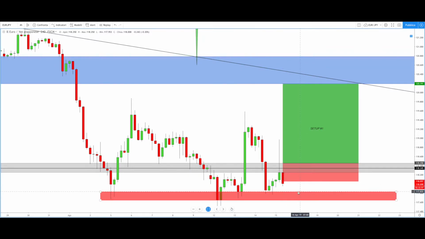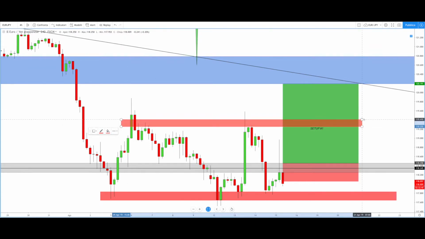So if the price reaches this area, we will have to carefully watch for a clear bullish signal, because a clear bullish signal and a reaction of this area could give us a good entry point for a long setup with target maybe around this area, because I prefer to not go higher. We can see clear reactions here, here and here. So I repeat, if the price reaches this area and gives us a good bullish signal and a good entry point,